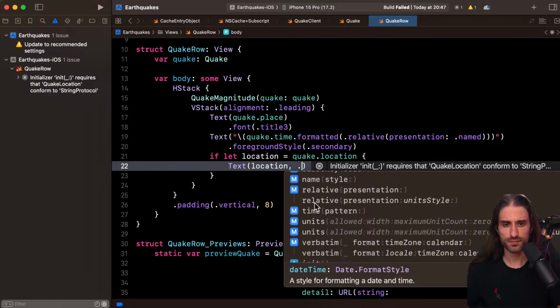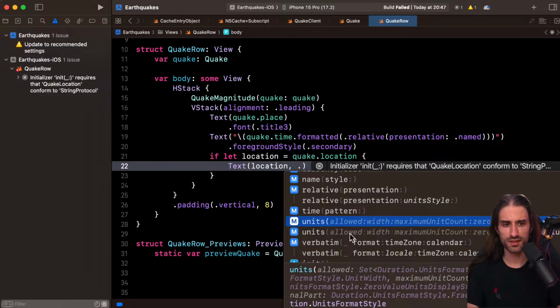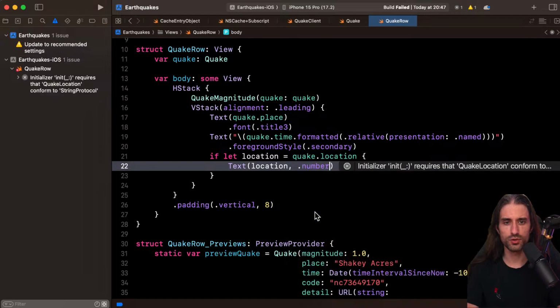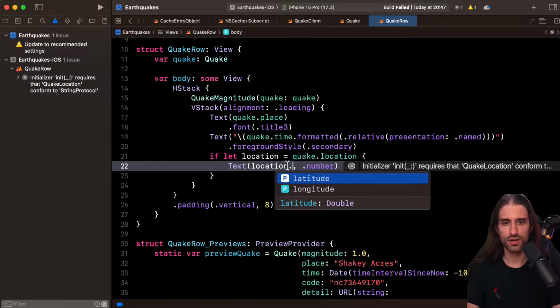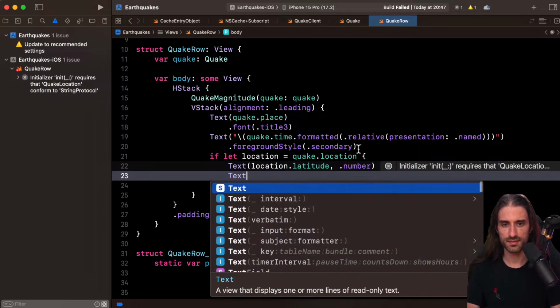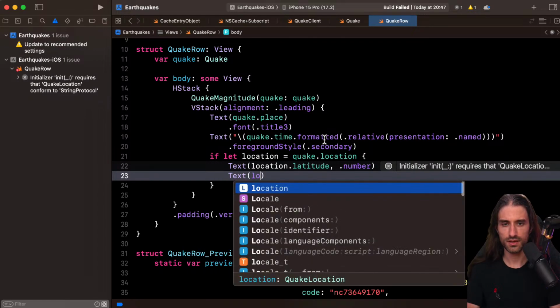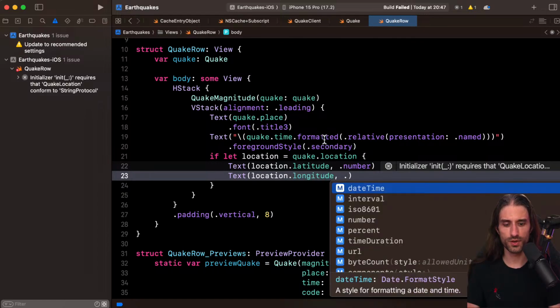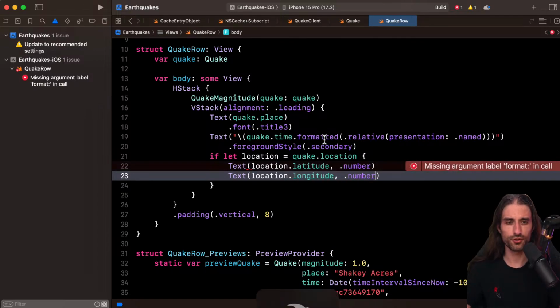I'm looking into units to see which I could use. I'm looking for one if there is one just for, yeah, I'm just going to use number. So location latitude, and then text location longitude, and number. So it's not the best way to show data, but I just want to see on the screen that what we've done makes sense.